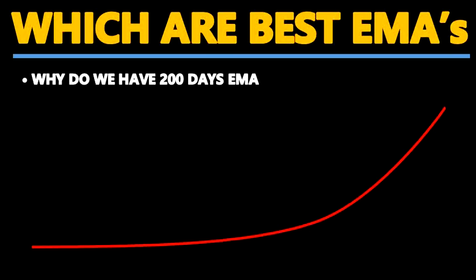Now this is one strategy which I am going to share with you right now. Just listen to it very carefully. This part is very important. First of all, apply the 200-day exponential moving average on your charts, and if the asset is trading below the 200-day EMA, then you search for selling opportunities. You search for where the 21-day EMA is crossing the 50-day EMA on the lower side, and as soon as you find such a condition, you can go for a short trade.